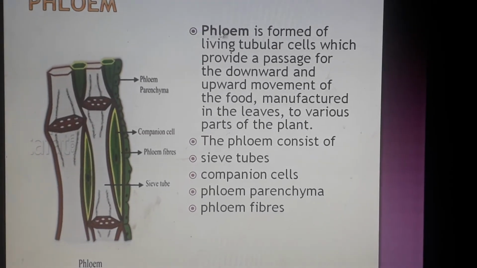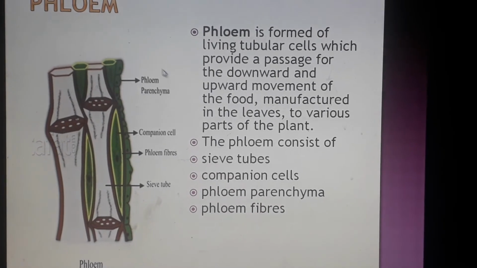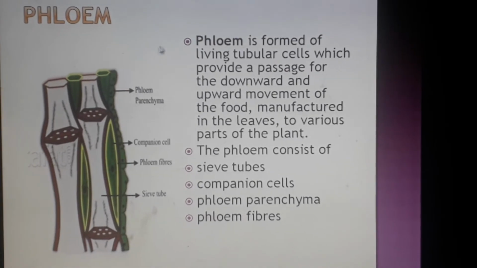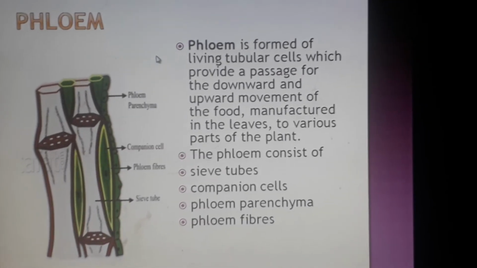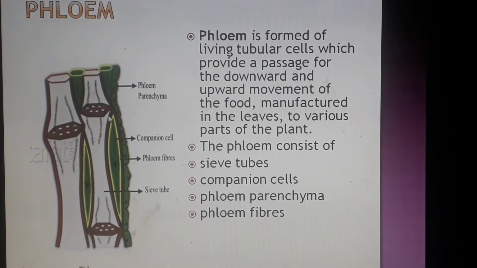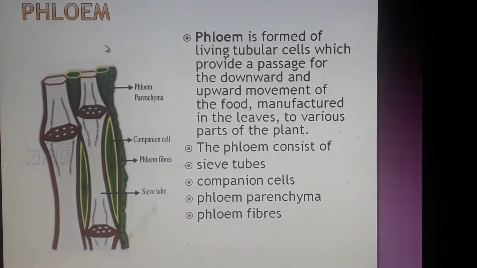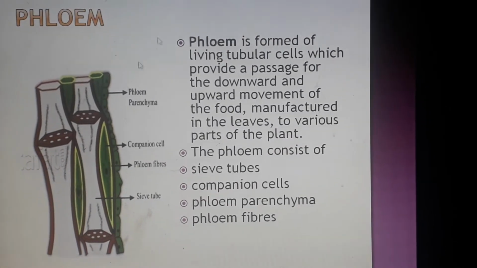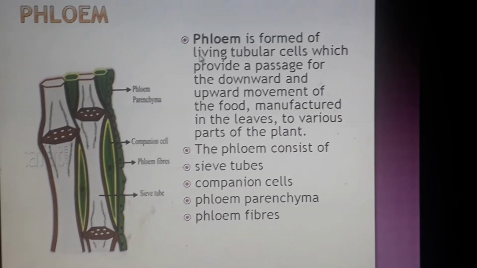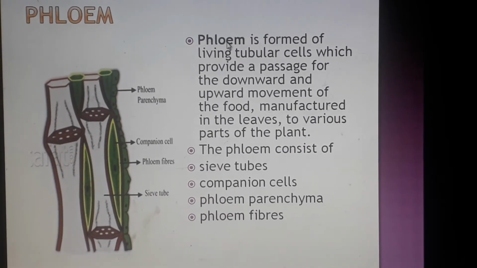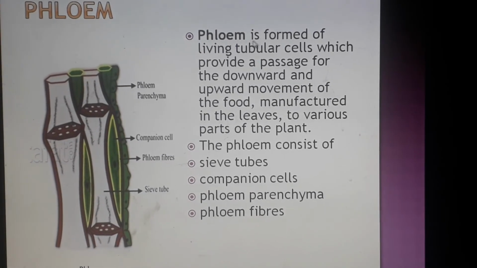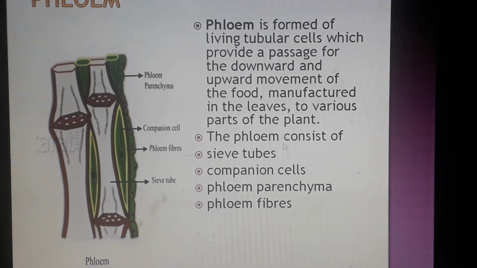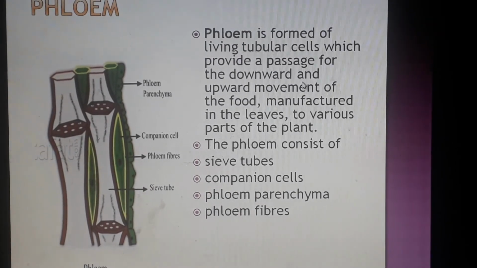So leaves are the place where food is synthesized. So you can say the kitchen of the plant is in the leaves. So from the leaves, when the food is synthesized, it has to be transported downwards to the lower parts, and also if there are some stems upward, there also it has to be transported. So phloem moves the food. So you can remember: phloem, for food. So phloem transports what? Food. Okay. The main function of phloem is to transport food.